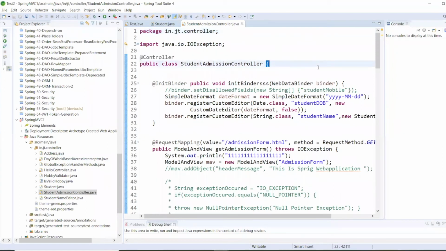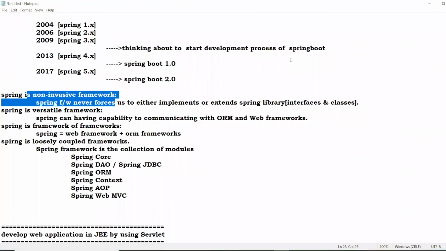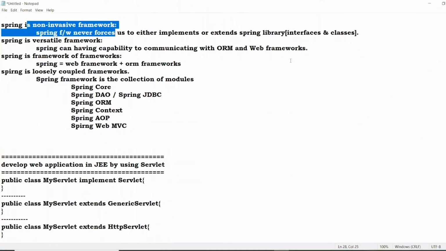Did I write any implements or extends here? No. This is called non-invasive: never forcing us to implement or extend something. And versatile framework means Spring can communicate with any other frameworks,